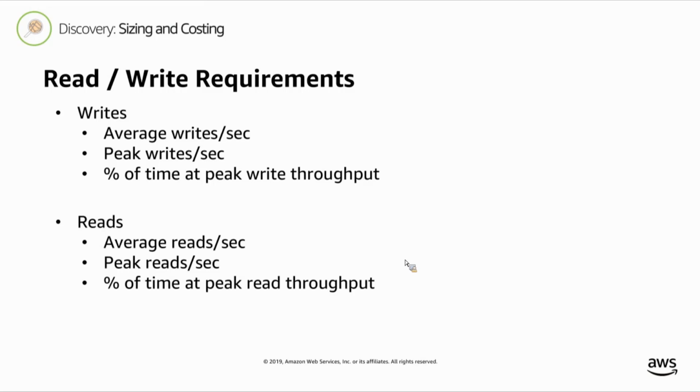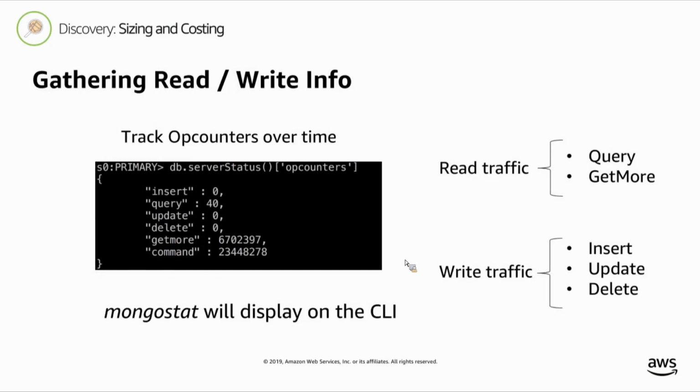And the reason for these is because, as we'll talk about in a bit, DocumentDB's pricing model includes I/O. And so, in order to have a good costing model, you want to understand what your I/O usage is going to be. So to get this information, if you're not already using some kind of system to instrument and track your MongoDB source, you can simply use tools like MongoStats, or you can go in and even instrument your own process to take a look at maybe the output of serverStatus with the